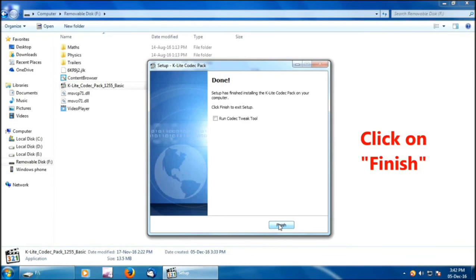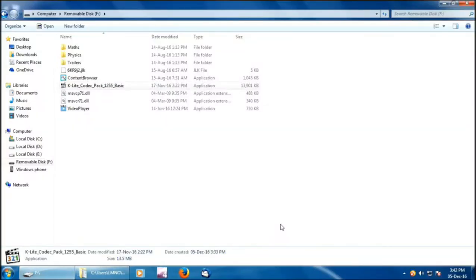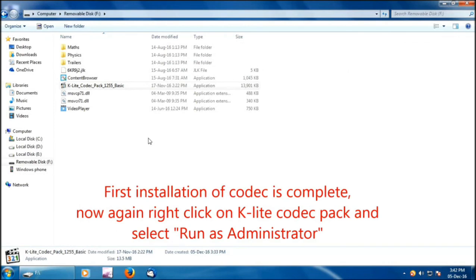Now click on Finish. Now your Klite codec pack has been successfully installed. Now step 2, you have to reinstall the Klite codec pack again. First installation of codec is complete.